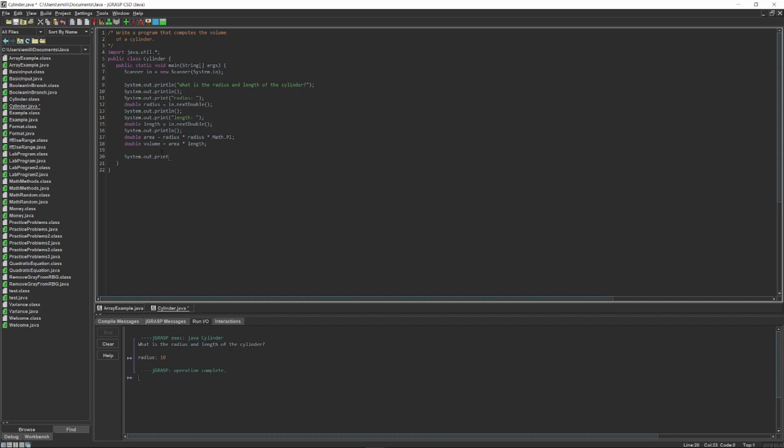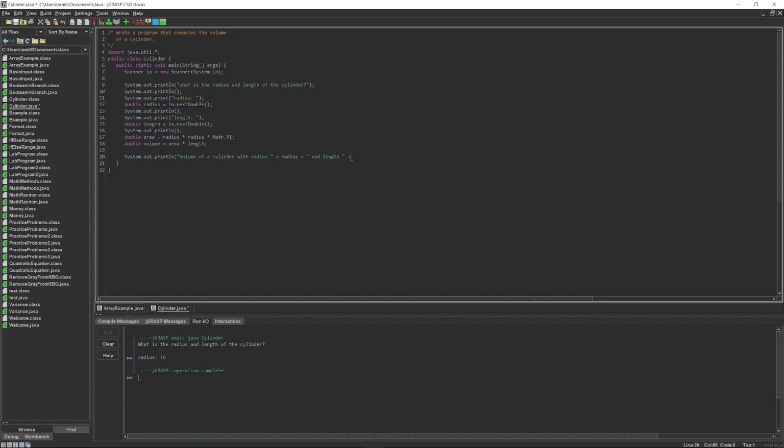System.out.print volume of a cylinder with radius, and then I'm going to put space, quotation mark, and in order for this line of text to say what that radius was that we input, I'm going to put plus radius, so that'll append that value after the text, plus, and then another string, space, and length,